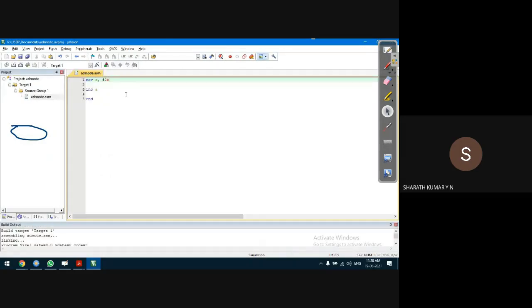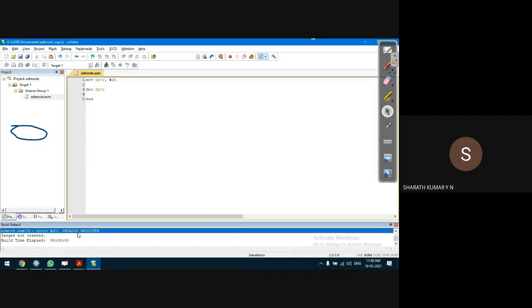Now let us take some content into the DPTR register just to check whether decrement DPTR is possible or not. Let us say MOV DPTR, #H, no problem. That's 16-bit data, no issues. Let us try decrement DPTR. Save the program and check for syntax errors. Okay, invalid register. This instruction says invalid register.